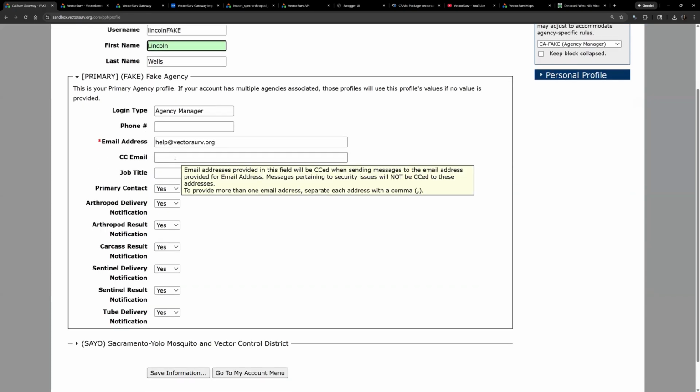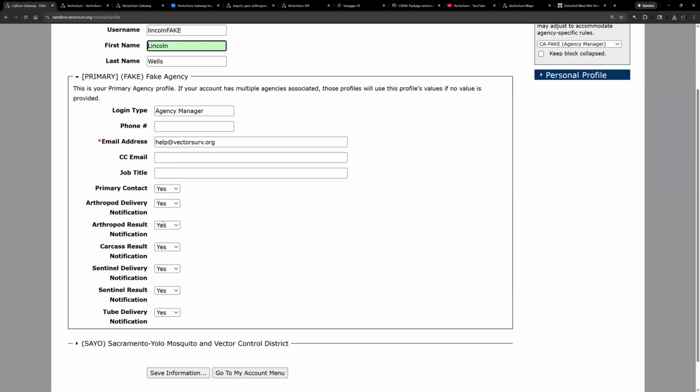If you want to automatically CC or forward your emails to another email account, maybe you're splitting your work between two emails, or you just quickly want to be able to provide the email notifications that you get to another person, you can add their email address here, and the system will automatically forward you the notification emails to that email address. And down here, you have the option to opt into or opt out of the different types of